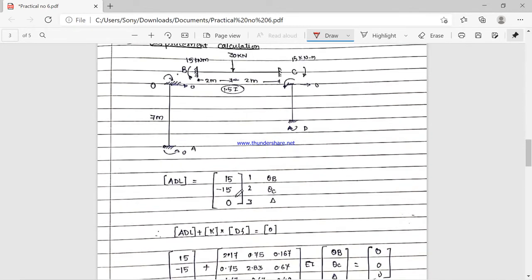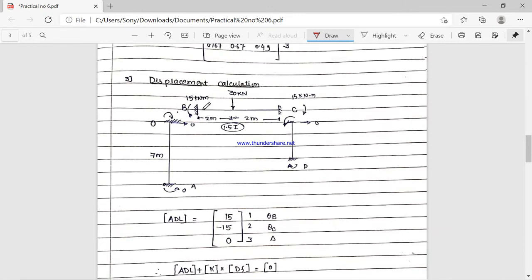Now ADL will be 15, minus 15, then 0. This is 1, 2 and 3. As it is anti-clockwise, while representing in the load vector form, in the matrix form it will be positive. Here it is clockwise, but in matrix form it will be minus, and D is equal to 0.